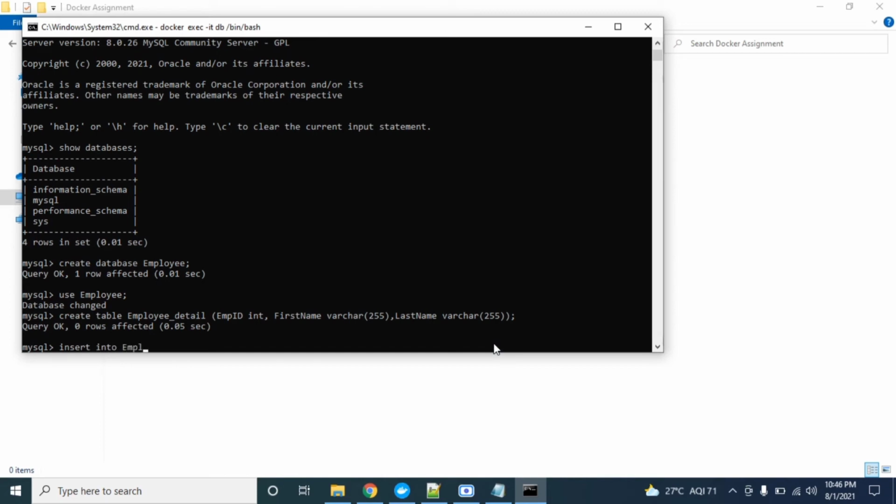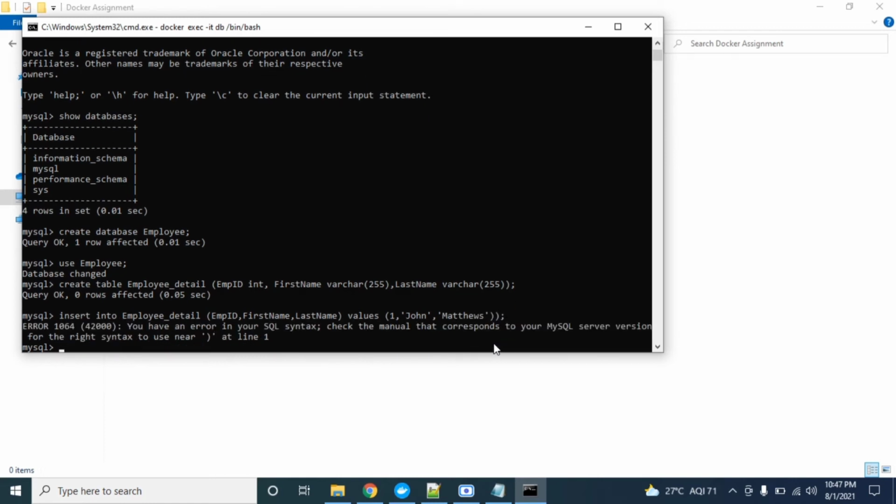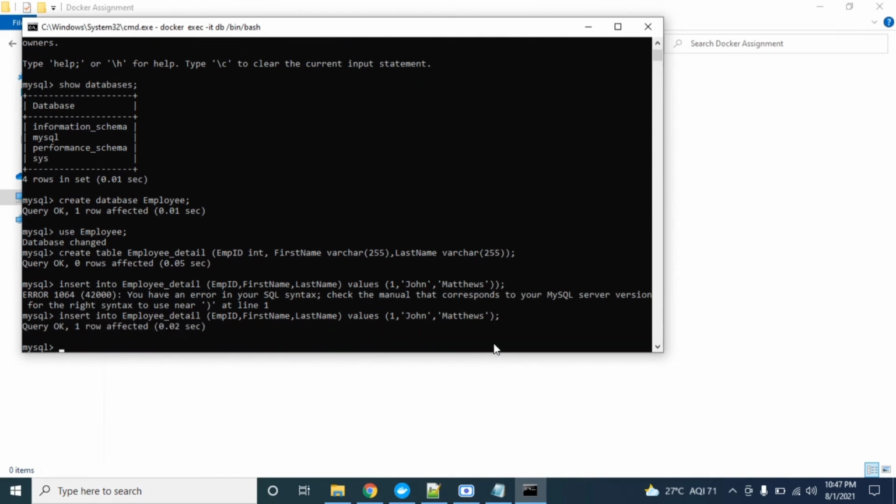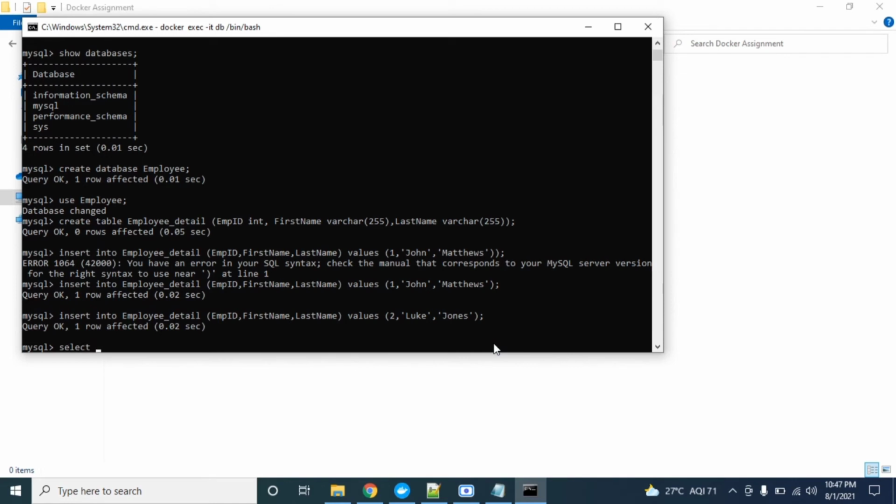Insert into employee details. So these two rows are inserted.